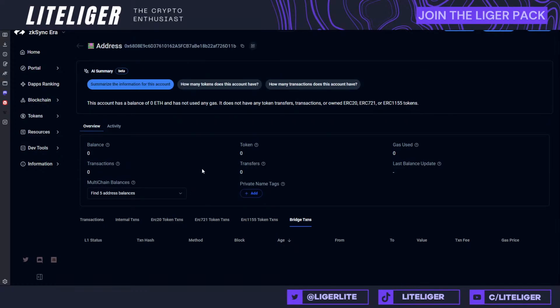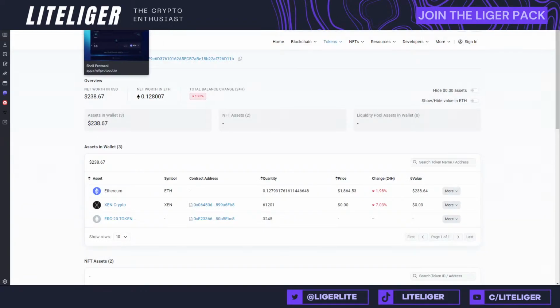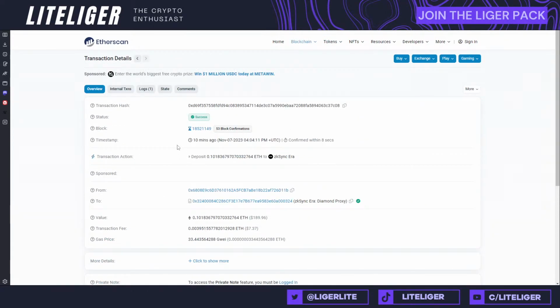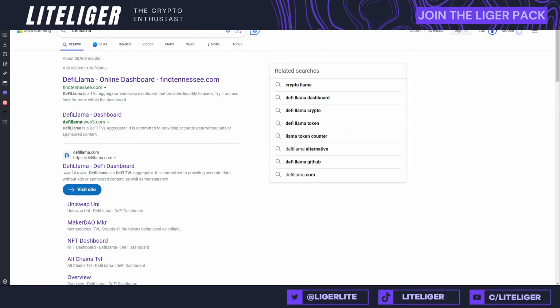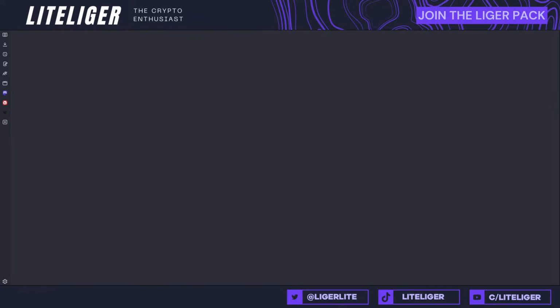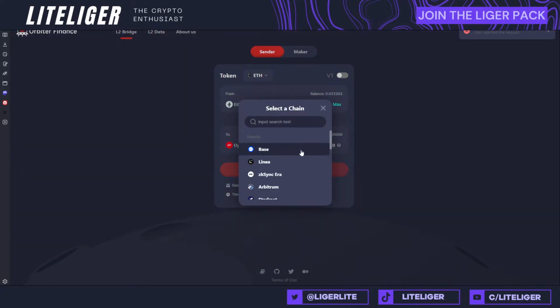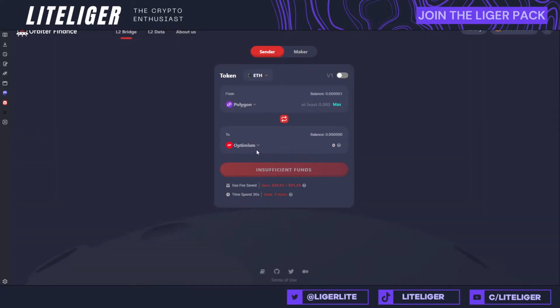I think the stream has been on for 24 minutes, but it's not been exactly 15 minutes yet since we did the transaction. Let's actually go through and see that transaction. 5 minutes to go, and basically this transaction should be faster. Since we are on the subject, you can use Orbiter Finance. And this is actually allowing you to send from Polygon into zkSync Era. So if you want a really fast transfer, you can do this. So I'm gonna add this here.